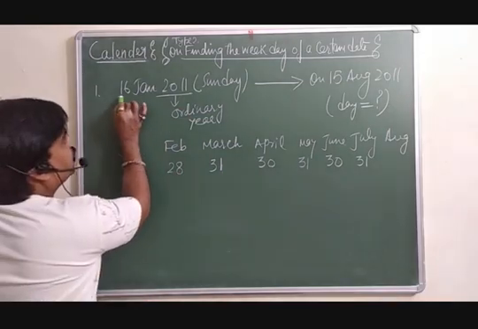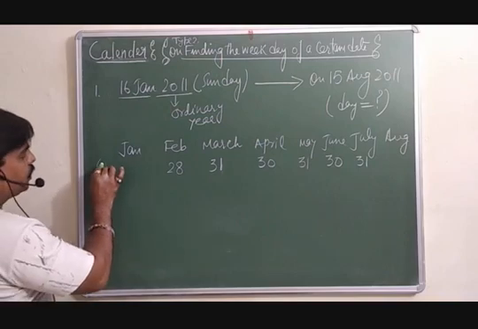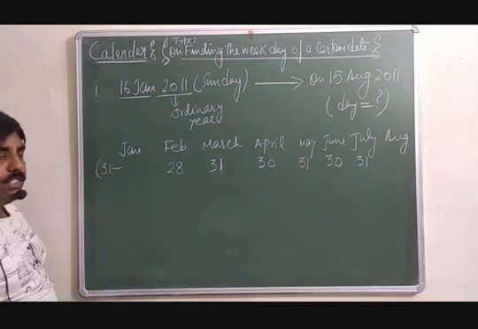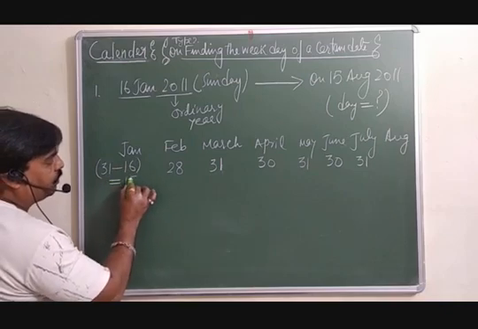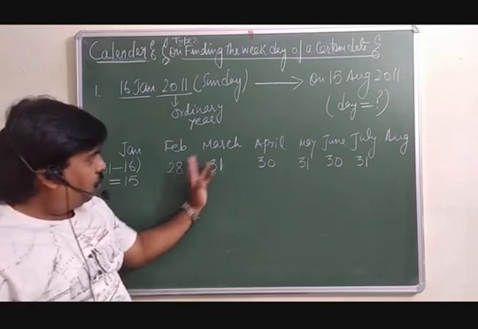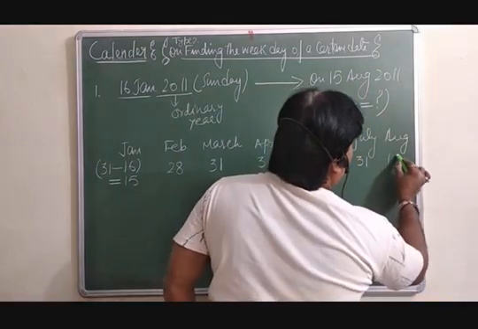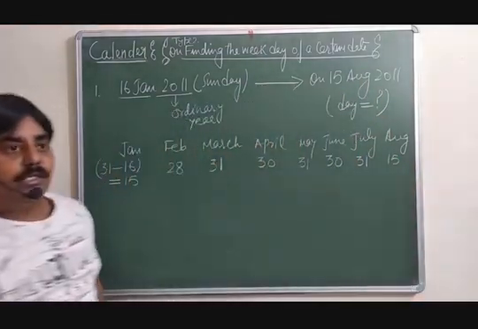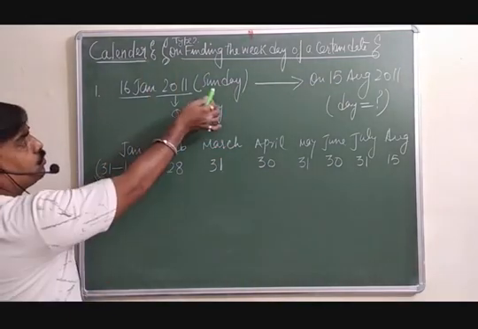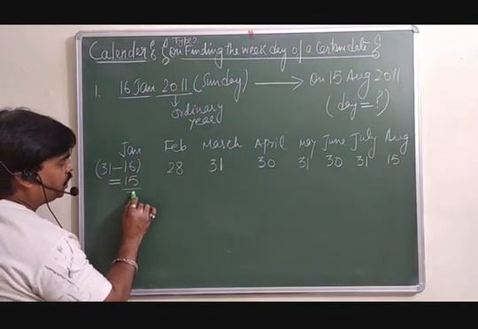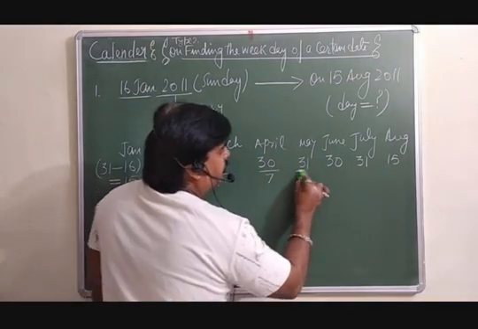See now, on 16th January you are going to start. In the month of January, total number of days is 31, 16 are already gone, so 15 days are left here. Similarly, you must write down all the days here. Then in August you are going up to 15, so here you will take 15 days only. Now to know that day, you must divide all these by 7.